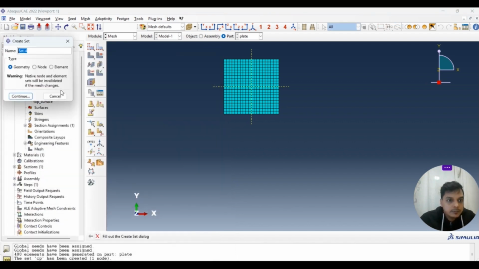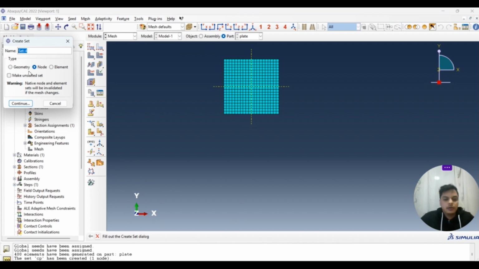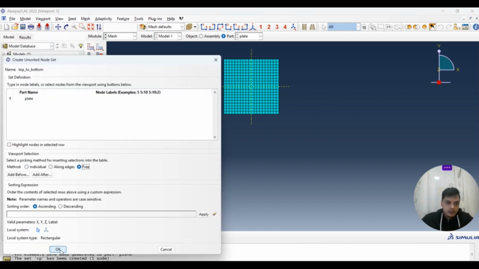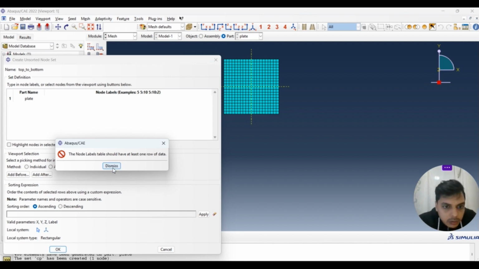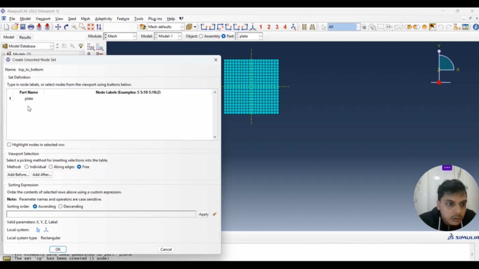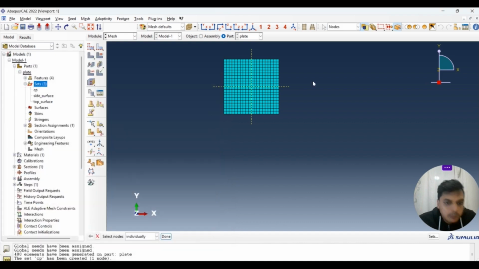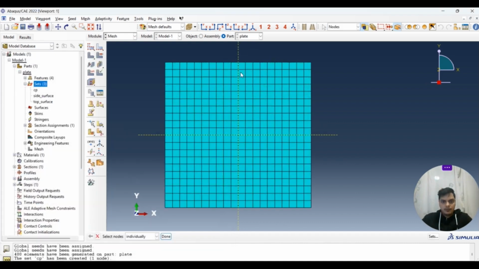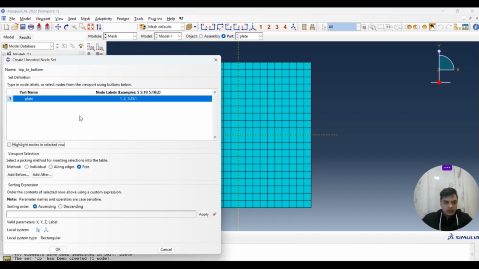Okay, here we go. Top to bottom. Make unsorted free. The node level should have at least one row. Perfect. That's where I have to define it.